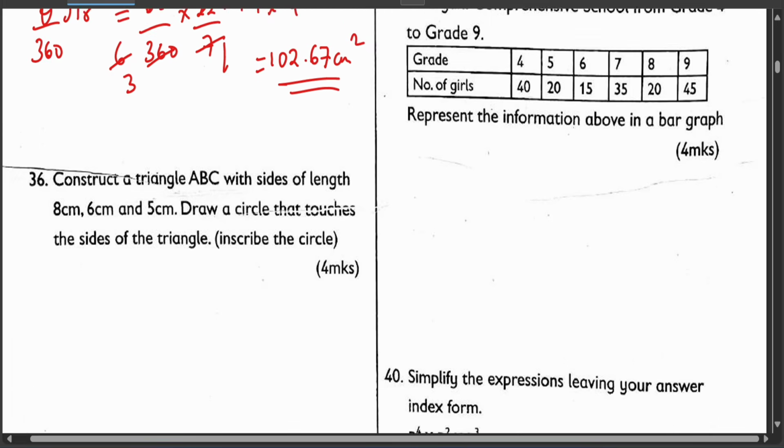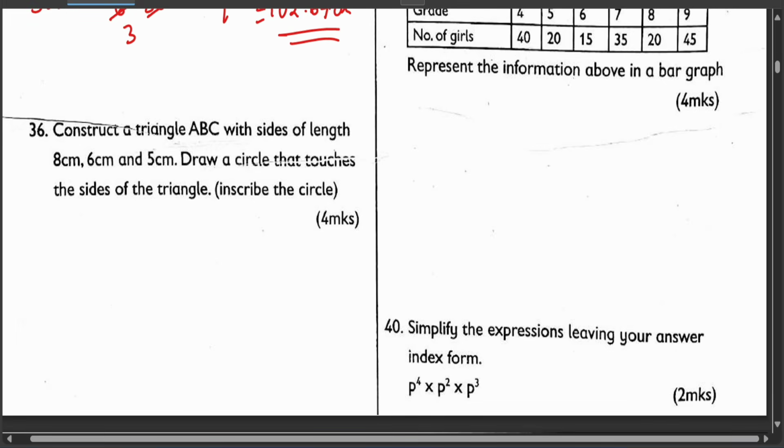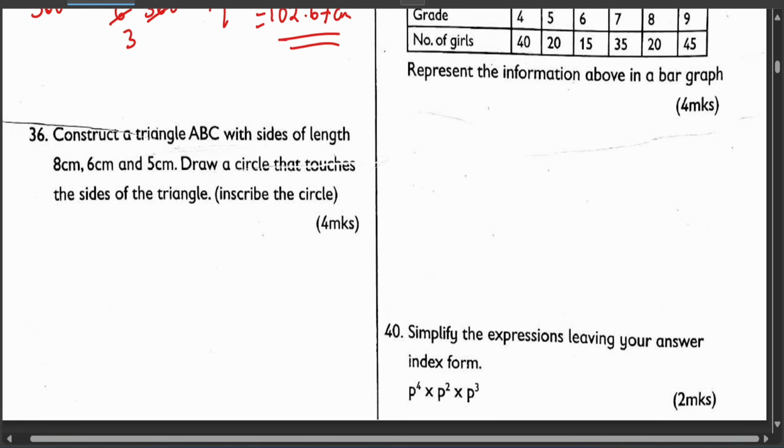Construct a triangle. Hii sasa ni ngumu kwa sababu sina vifaa, lakini umeambiwa construct a triangle ABC with sides of length 8 cm, 6 cm and 5 cm. Draw a circle that touches the sides of the triangle. What I'll be advising ni uchore hii triangle mwanzo, so which is ABC, hapo ni 8, 6, 5 cm. So what you need to draw,